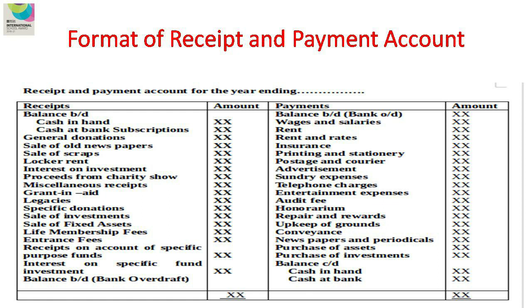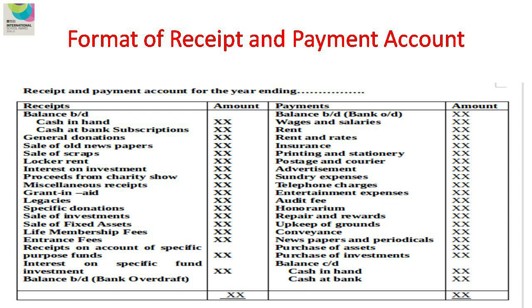And the next items: general donations, sale of old newspapers, sale of scraps, locker rent, interest on investment, proceeds from charity show, miscellaneous receipts, grant in aid, legacies, specific donations, sale of investment,